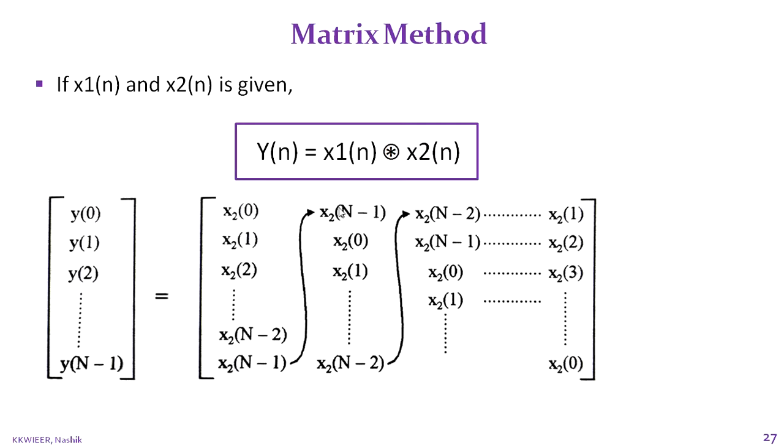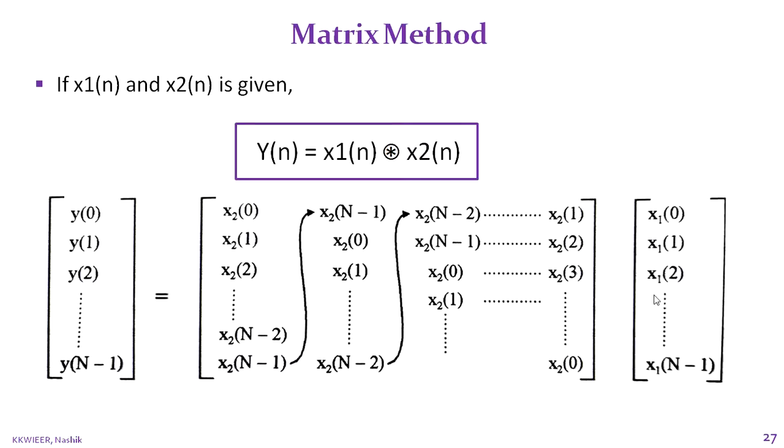Again, x of n minus 2, the last one for the second column, will go on top. So you are going to circularly change the places of the values of the last sequence. In this way you can form this matrix of x1 of n, and you have to convolute it with x2 of n, that is your second sequence. So reform the first sequence in such a matrix form and multiply it, or circularly convolute it, with the second sequence. You will get the final y of n.